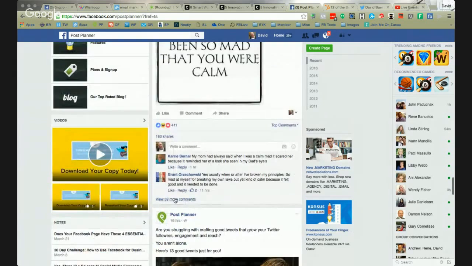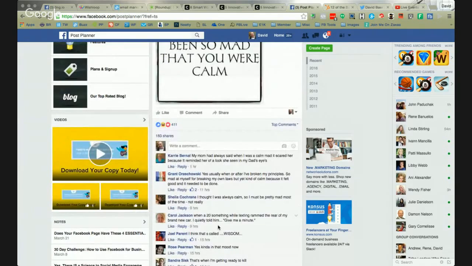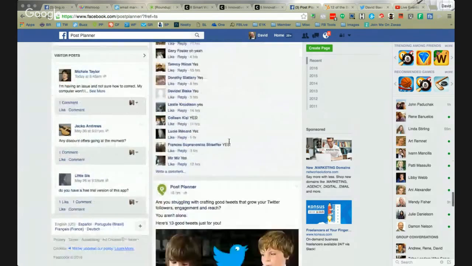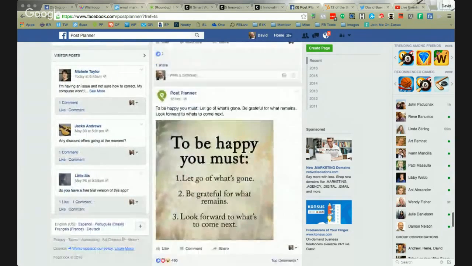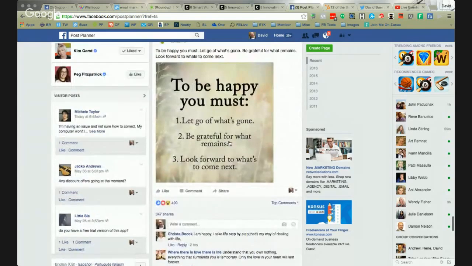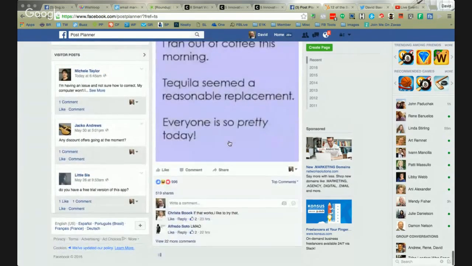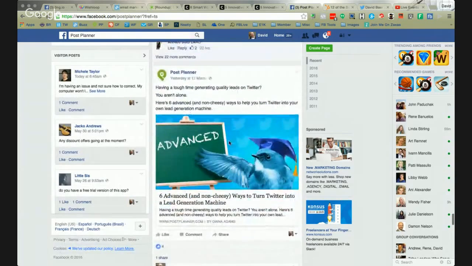So I could add something to this conversation and then put a link back to one of their articles if it was relevant to this. It's not, so I don't think this is going to be a good example, but all right. Some of these things really aren't as relevant as I'd like them to be, that are getting good traction.